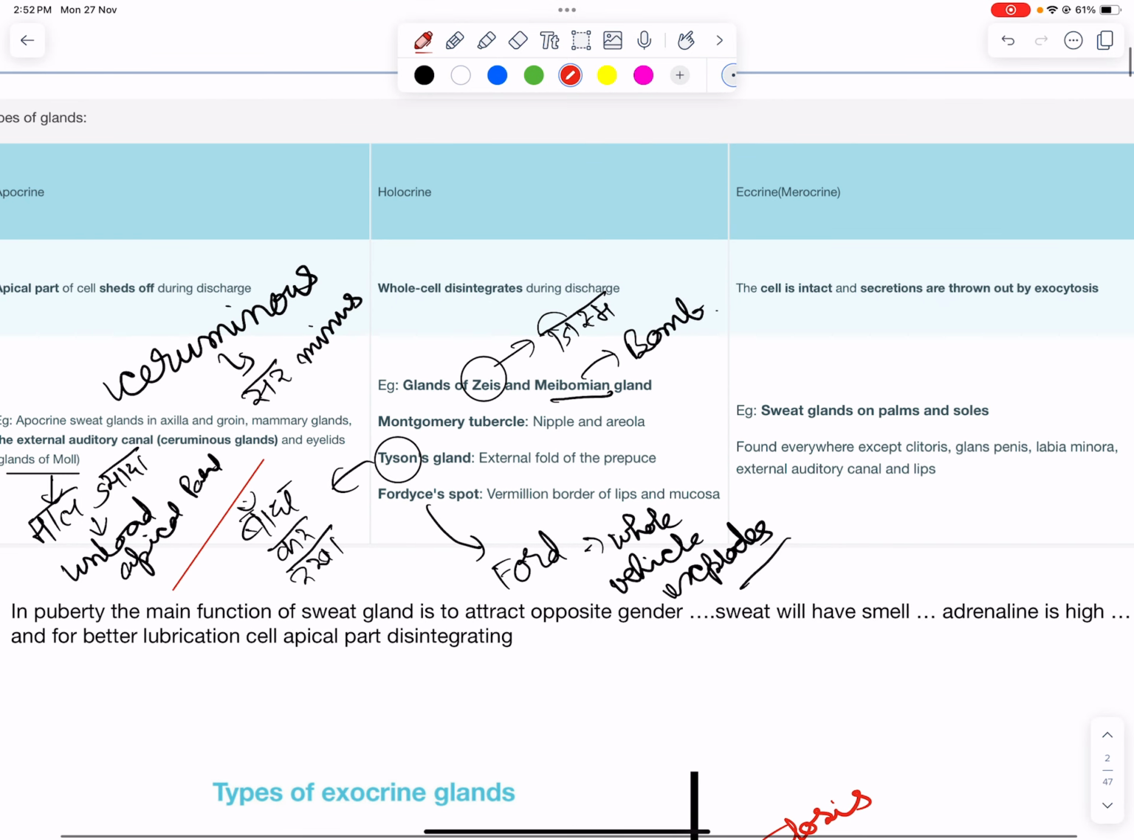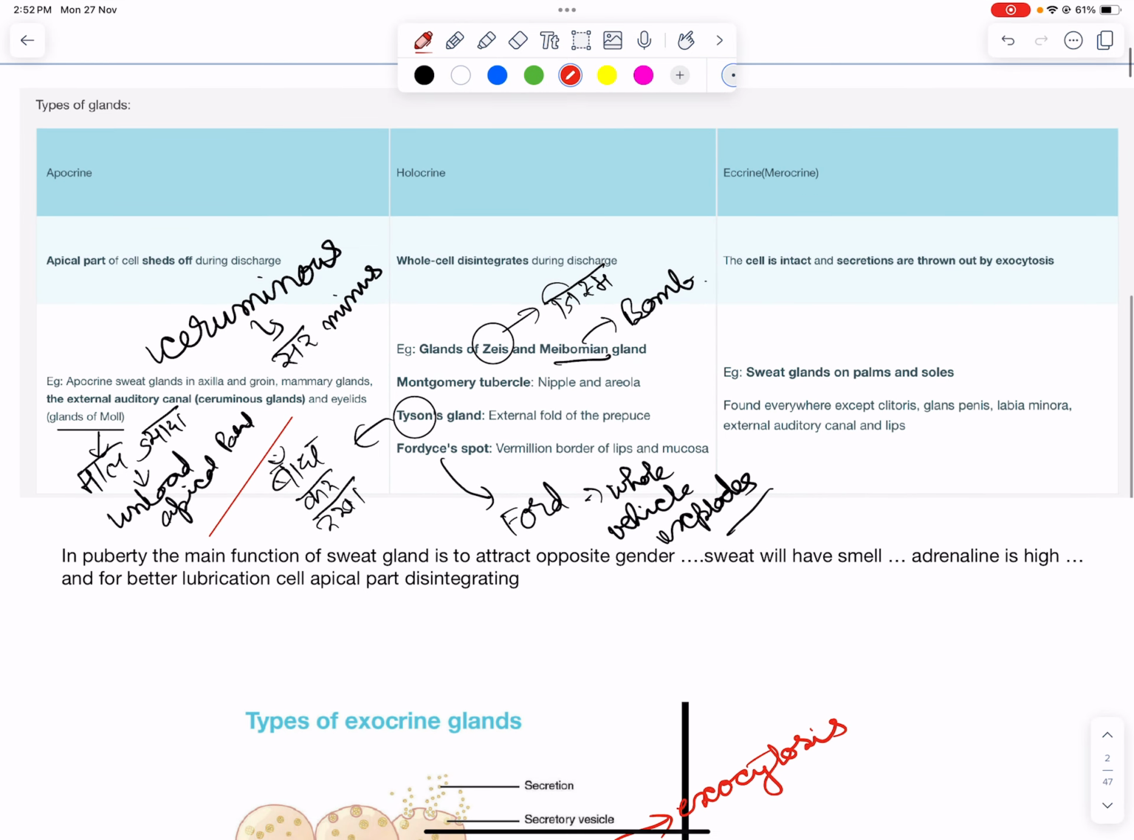Now let us understand where these glands are found, so that we can remember. Firstly we move on to the Merocrine gland. Merocrine gland cell is intact, secretions are thrown out by exocytosis. It would be present in sweat glands on palms and soles. If sweat glands on palms and soles were exploding their whole body, or even giving out their apical part,